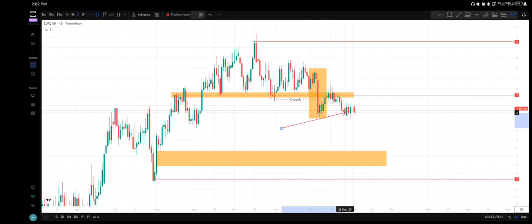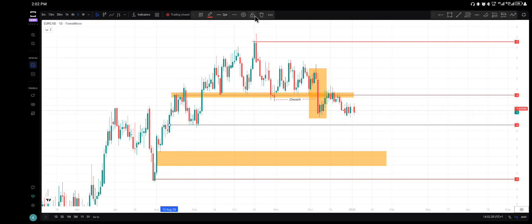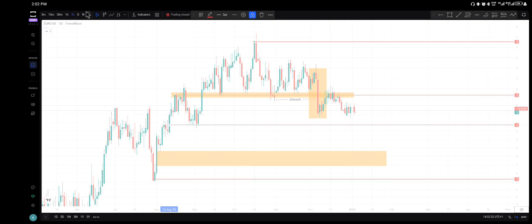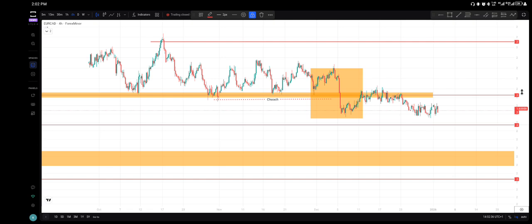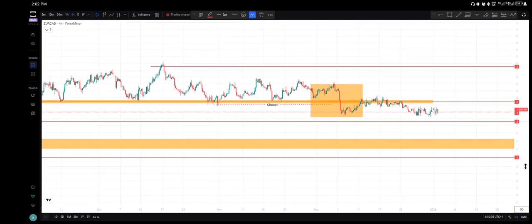So after a change of character, I would also wait for a retracement to a strong resistance level, then take the trade all the way to this FVG. But normally, this is also a lower timeframe recognized level. So I'm dropping down to the 4-hour time frame. Dropping down to the 4-hour time frame, you can see that after this change of character, at this level,